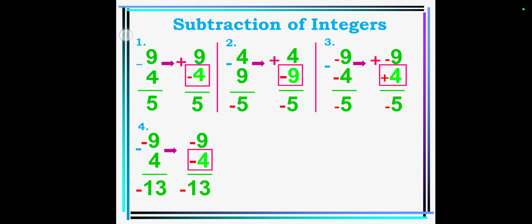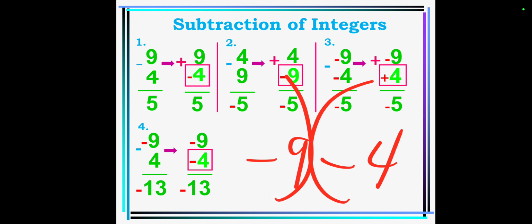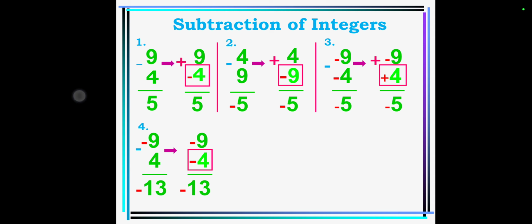Okay, here. In horizontal, you can do it like this: negative 9 minus 4. So you just hold it like that. Or you can see now negative 9 and negative 4. You lost 9, you lost 4. That means you lost 13 all in all. So it's negative 13. That's why it's negative 13 there. Again, it's up to you if you want the vertical or horizontal. One thing is for sure, you will be dealing soon